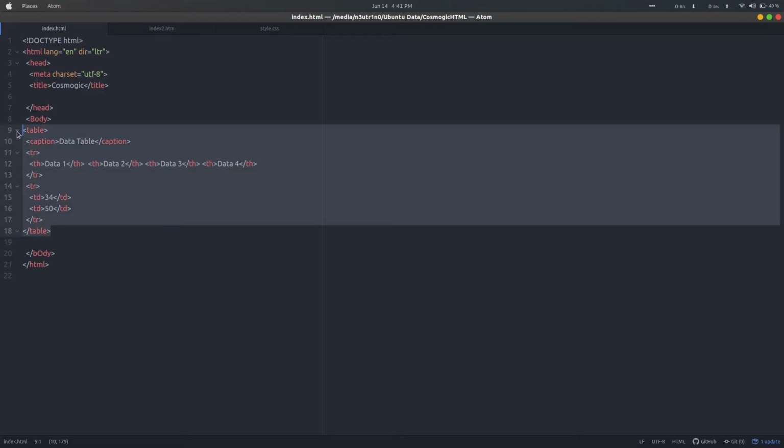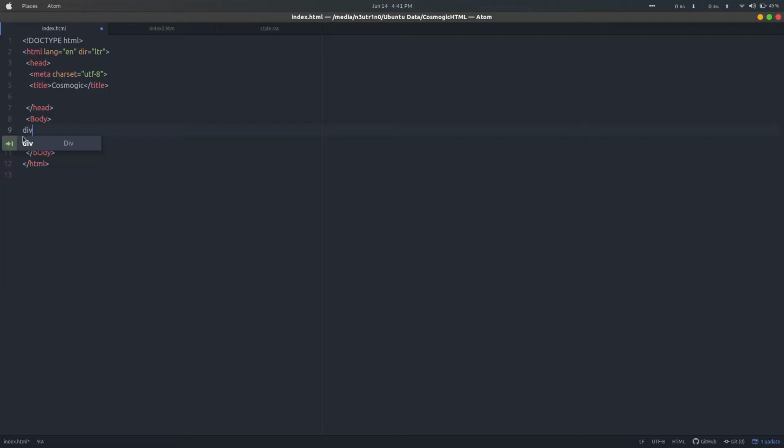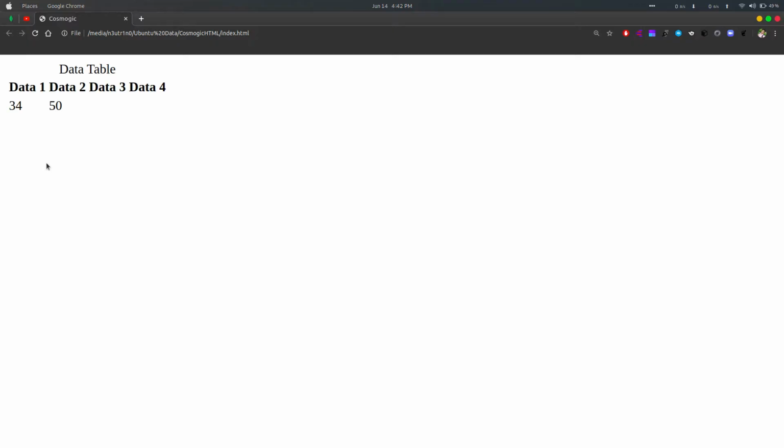HTML has two types of elements, that are block level and inline level. Block level elements are the division and many more, and inline level elements are the span. In the division, whatever is written, like if I write here something paragraph and write here paragraph also, you save and refresh it, you can see there is no difference, but there is a difference in the inner part.